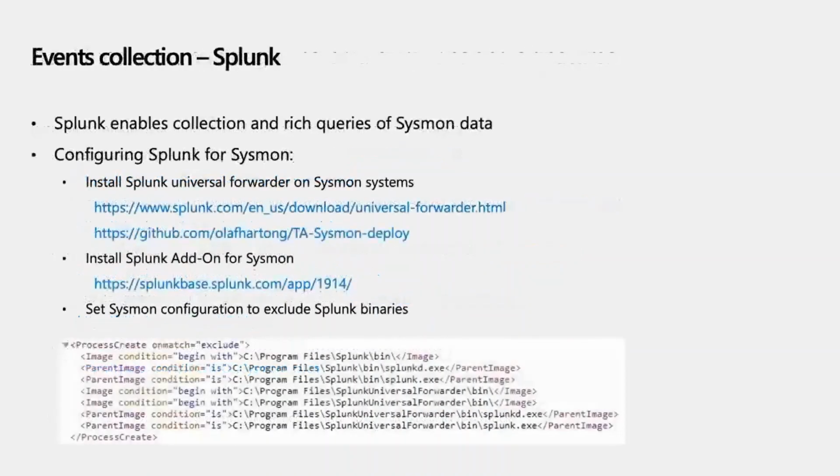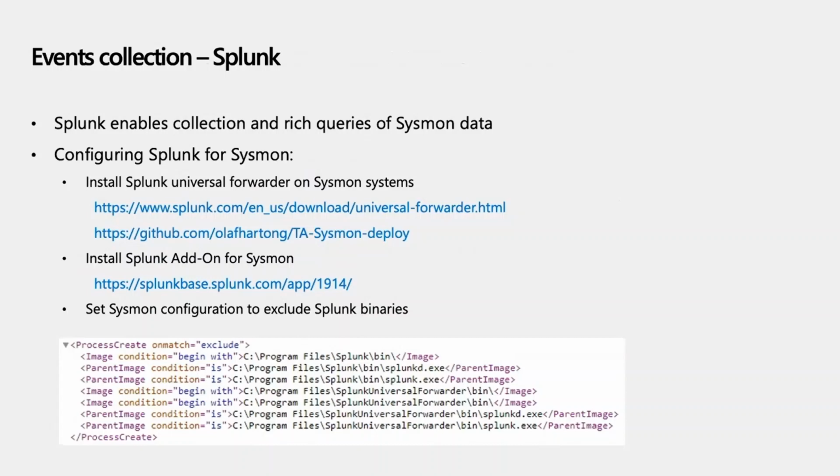So now that you have installed Sysmon, you set up the configuration, you maybe use some of the community configurations or guides, you need to collect those events. I'm going to go through 2 examples of that. One of them is Splunk. So for Splunk, you can use the universal forwarder. I put 2 links to it: the official link from Splunk for downloading the universal forwarder, and also a link to Olaf's GitHub repo, who forked some of the previous scripts that were available that can be useful as a starting point.